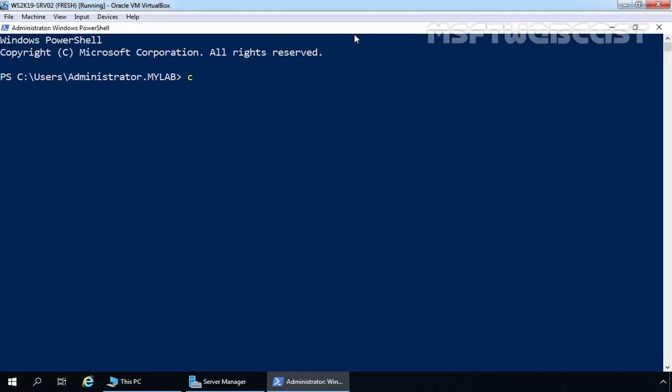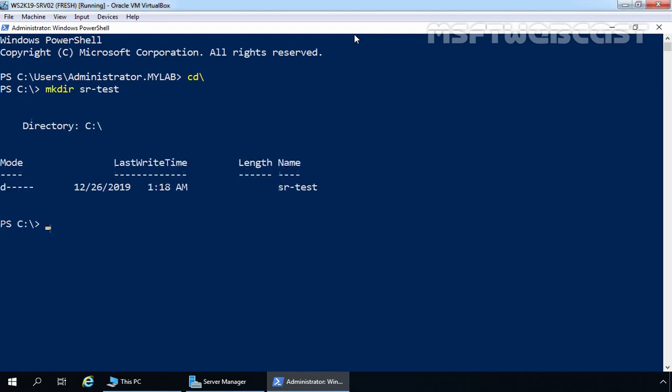At PowerShell, first I'm going to run the command cd \ and let's create a directory on the C drive. Let me give it the name SR-test. Perfect. So now we have a directory on the C drive with the name SR-test. Let's use the cmdlet Test-SRTopology to test a storage replica topology.